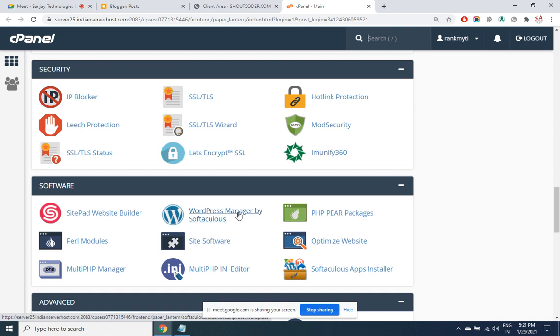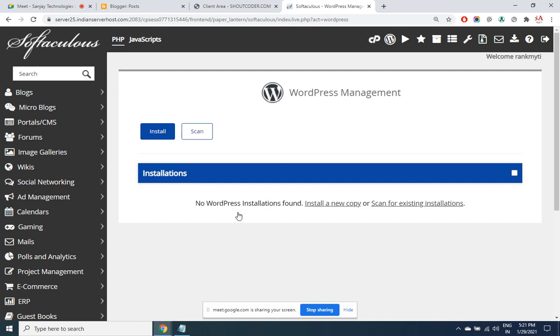So I click on the WordPress icon. Click on install.